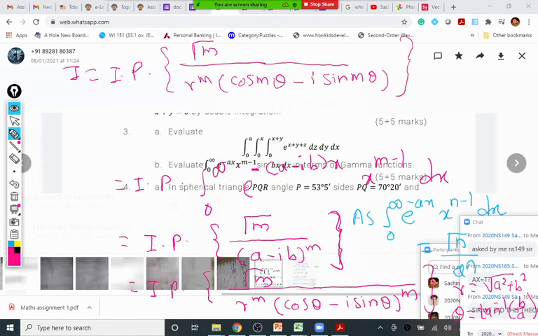Clear? This power of the bracket is written as a multiple of the angle. It is by de Moivre's theorem. You are going to learn it in detail, remember. And now here is a simple thing to rationalize. Just multiply by the conjugate of this. If you multiply, you get the answer. The answer in 2 steps now you will receive. So just 2 steps left, the last 2 steps.